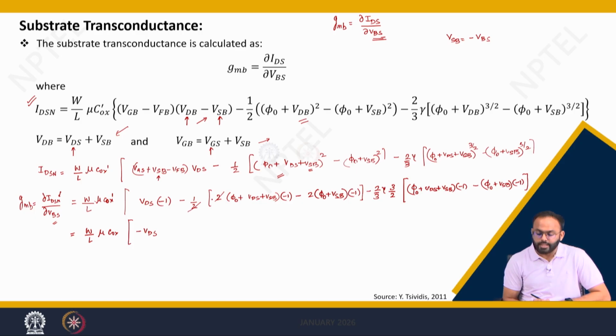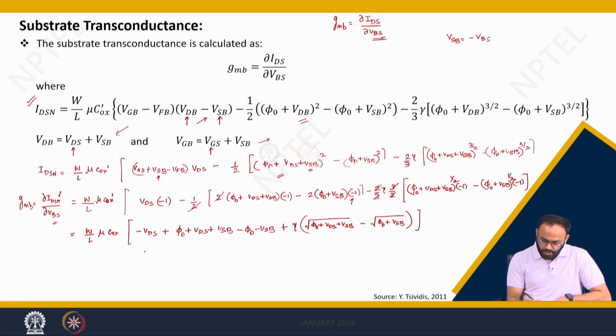Now, you take 2 common. So, this 2 and 2 will get cancelled and take minus common. So, plus phi naught plus VDS plus VSB, and as you have already taken this minus out and 2 out, you are left with minus phi naught minus VSB minus this 2, 2, 3 and 3 get cancelled, you are left with minus gamma, right. Then sorry, this is the power of 1 by 2, right. Take minus common, so it will become plus, you will be left with square root of phi naught plus VDS plus VSB minus square root of phi naught plus VSB,